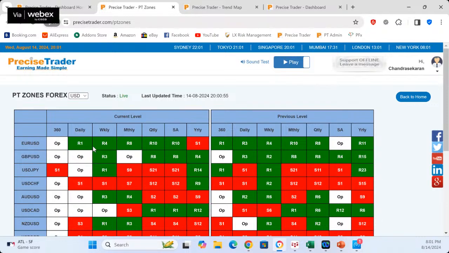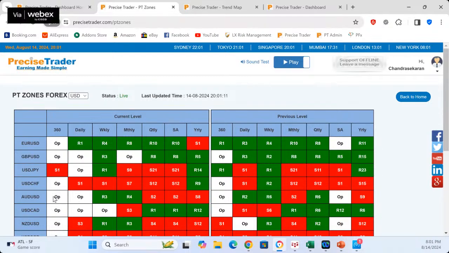Okay, the next thing is we get a confirmation on the view of what we have seen. When we look at the PT zones, this is also giving us strength on the euro dollar. This shows the euro is strong. Dollar yen on the 360 is showing weakness. Dollar Swiss is showing daily weakness, and pound is flat, but on the weekly is showing strength, and the previous day is showing strength. So this is trading right now in a range. Then if the data is bad, we may see the price moving higher. Okay, and Aussie dollar